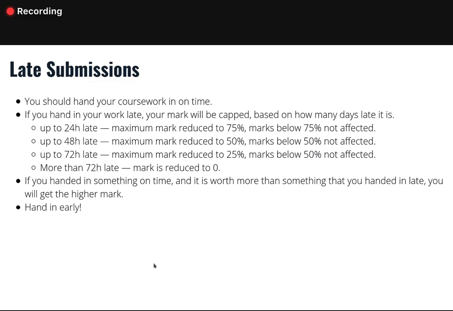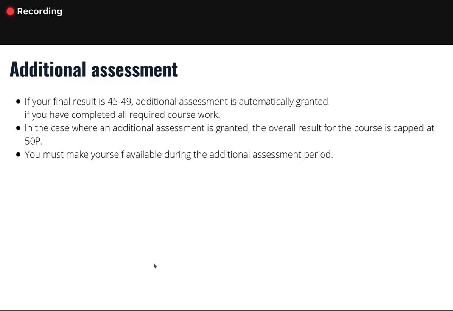For the most part, our programming assignments this semester are going to be a combination of automatic and manual marking. So as long as you make sure that the submission that you want to be graded on is the one that you have selected in the submission system, then that should be fine.